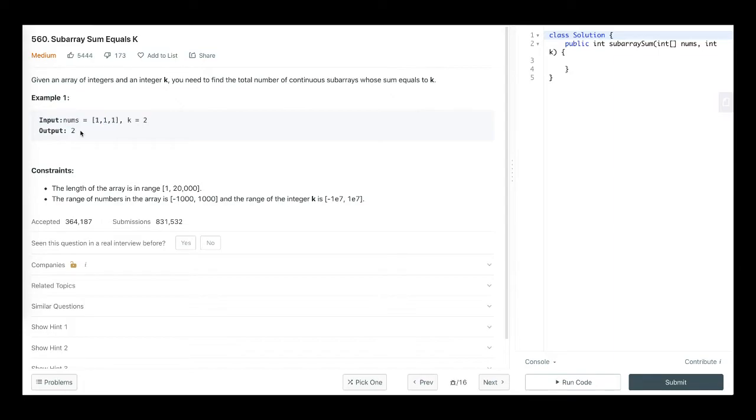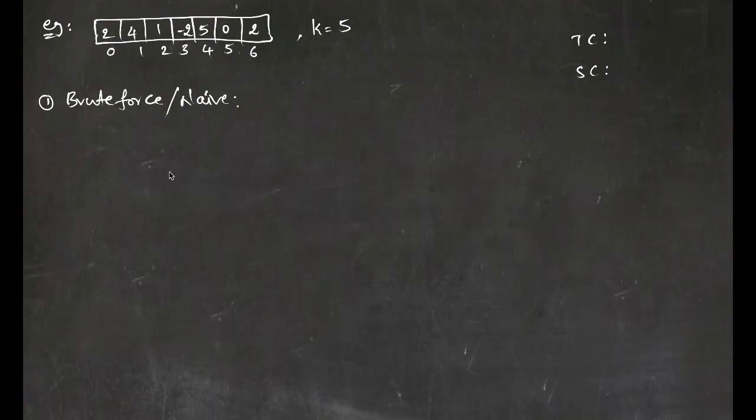Now let's take a look at the possible approaches for this problem. The first approach is the most straightforward approach. We need to find all the subarrays of different lengths and then see whether their sum is equal to the target sum or not. So how to find all the subarrays? A systematic way is to consider different lengths and then see what are all the subarrays possible of those lengths. So let's consider length of 1, length of 2, length of 3, 4, 5, 6 and then 7.